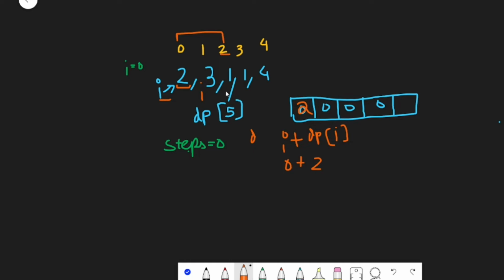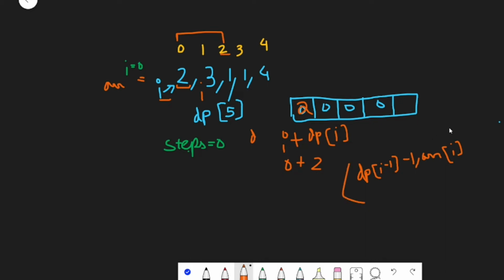Now when we move i to index 1, we are going to see what's there in dp of i minus 1. Currently i is 1, so dp of i minus 1 is dp of 0, and in dp of 0 we have 2. We need to subtract that by 1, and then see what's there in ARR of i, this array being called ARR.